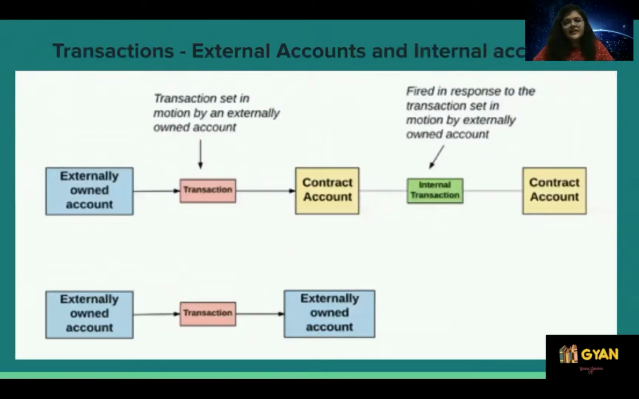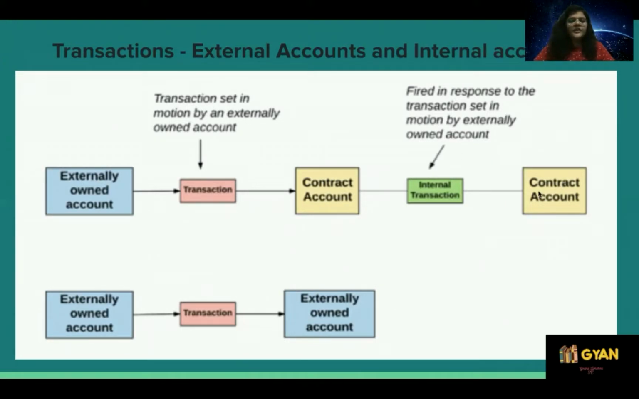Let us see the different types of transactions that can happen between the externally owned accounts and the contract accounts. Now, as you see in the first set of transactions, your externally owned account can perform a transaction to the contract account, which in turn can internally call another contract account. So here you can see that there are two types of transactions happening: an externally owned account calling a contract account, as well as a contract account calling another contract account